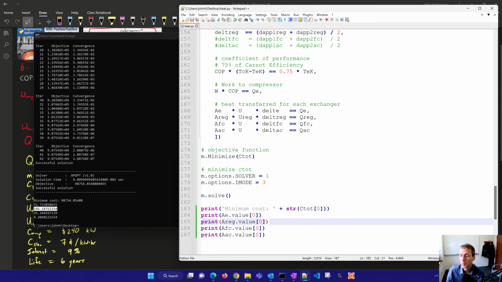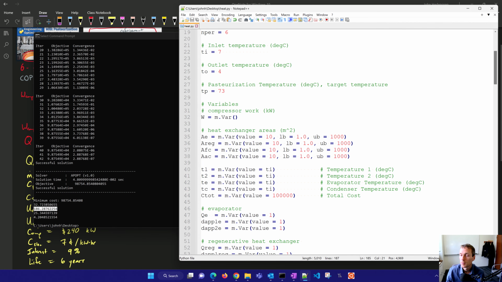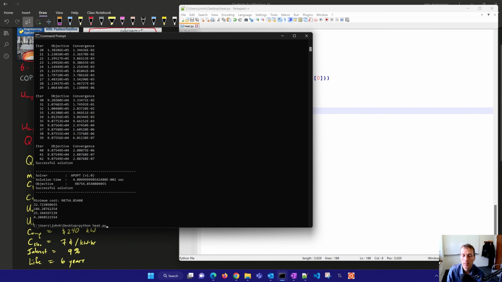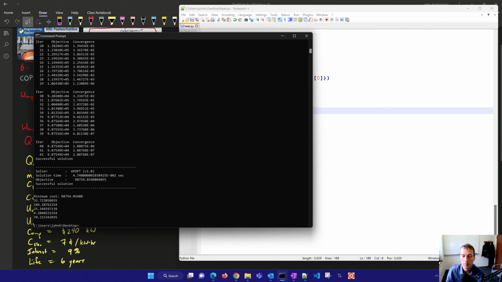And then you could also print out, the other one was the compressor. So that's going to be the compressor work. Let's just look at the W value as well for the compressor. All right, I'll run it one more time. So this is going to be the size of the compressor. It's going to be a 70 kilowatt compressor. So it was able to